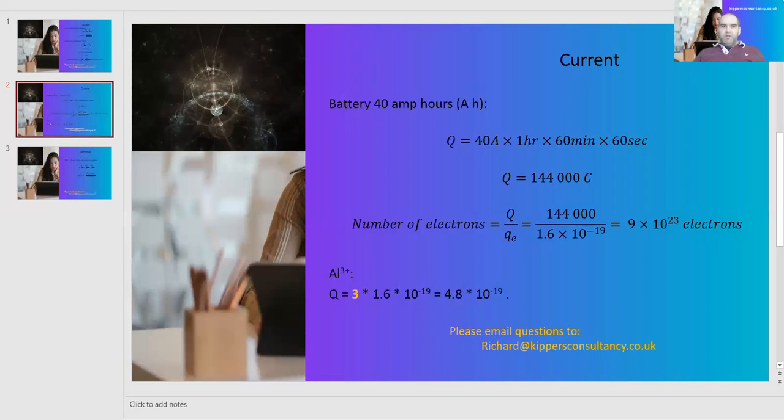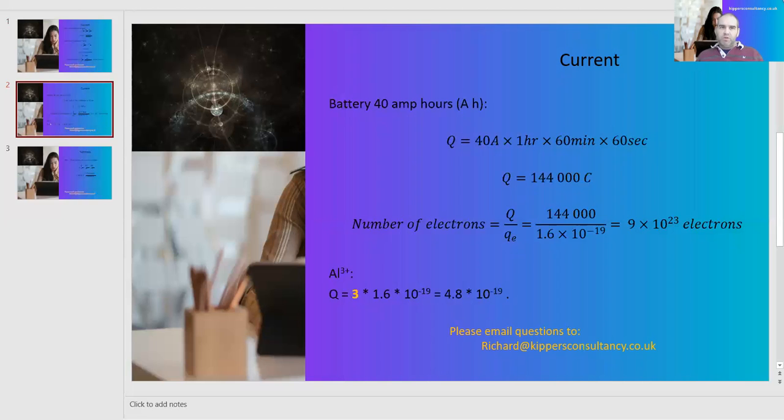So far, I've only talked about the charge on electrons. And if I were to talk about the charge on, say, an aluminium ion, the charge would be different. Aluminium ions are Al3+. That is to say, they have lost 3 electrons. Therefore, the charge in coulombs of an aluminium ion would be 3 times 1.6 times 10 to the minus 19, which is equal to 4.8 times 10 to the minus 19